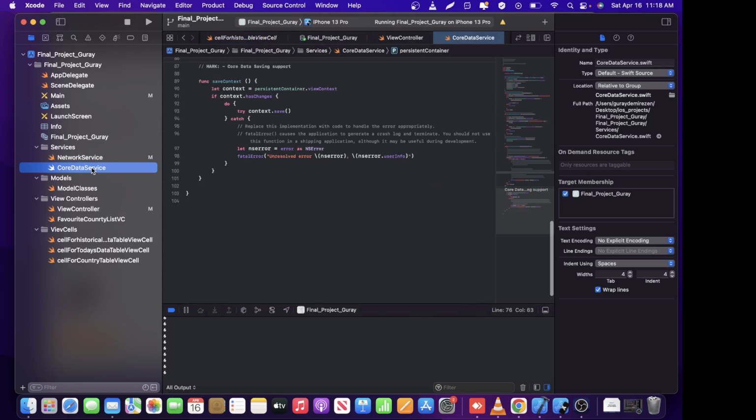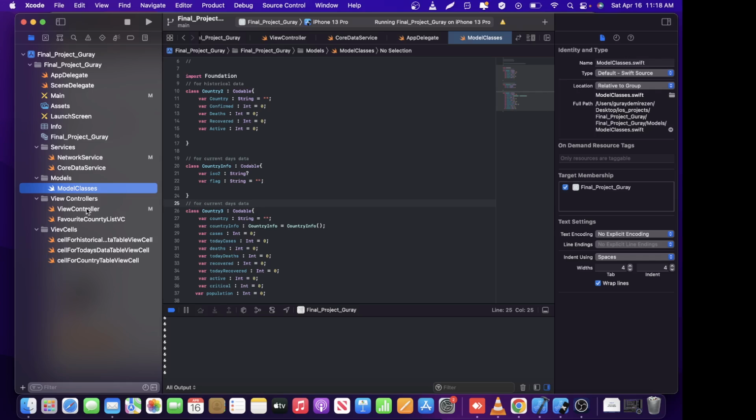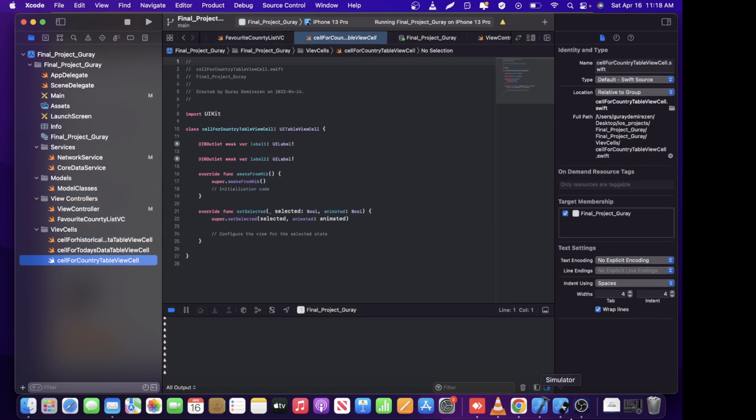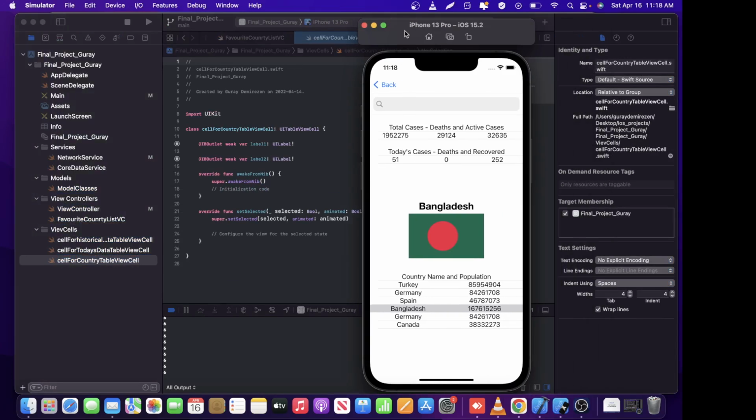So we explained the services, we explained the models, we explained the view controllers, we explained the cells, and then we explained the partial search, we explained the deletion,